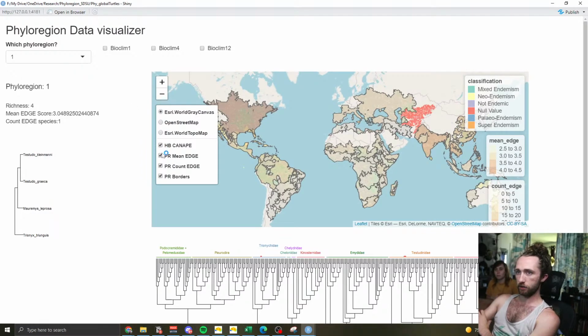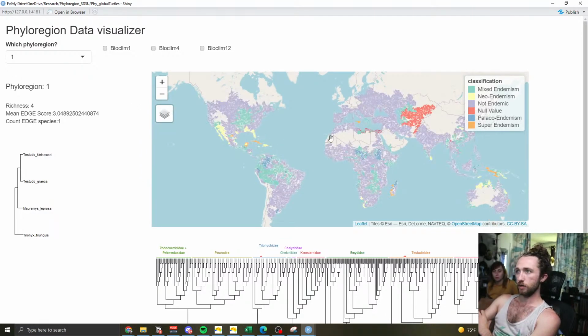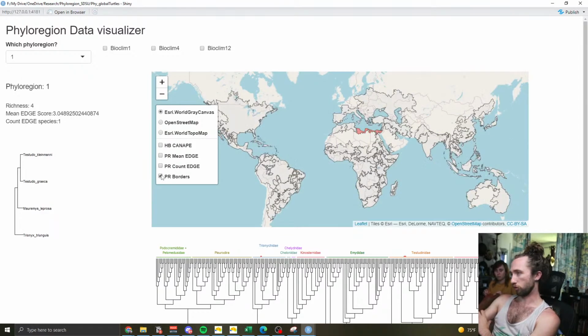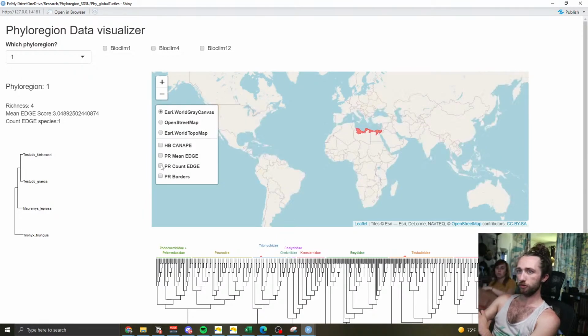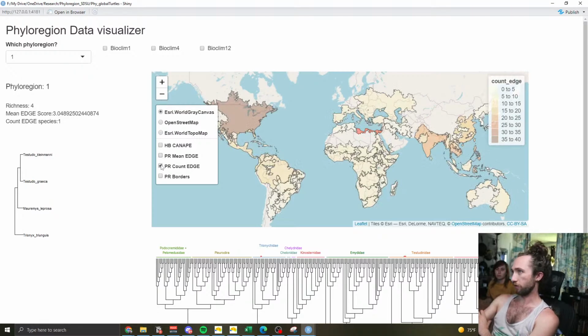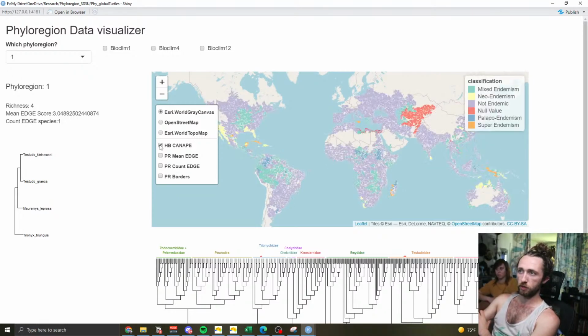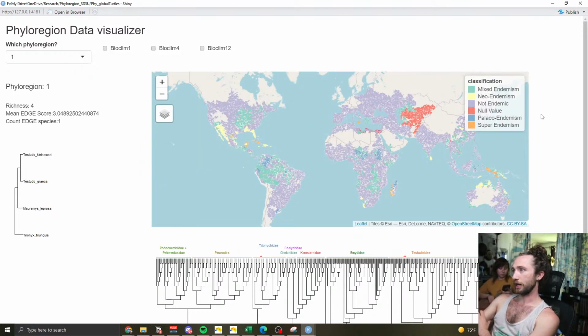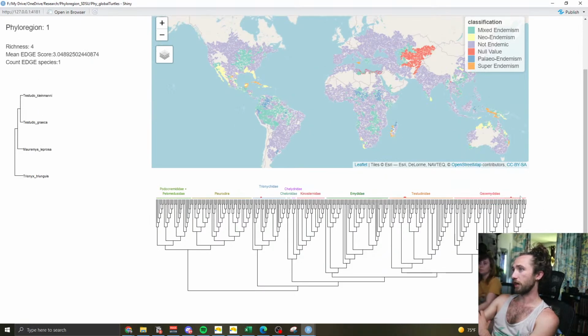I have added in canopy results. I have added in the borders of just my regions. I added in the mean edge scores and their count of edge species, which I still need to make look a little bit more distinctive, but that doesn't matter. Oh, someone's calling me. No, never mind. I also have this phylogeny, which I now also labeled the major families